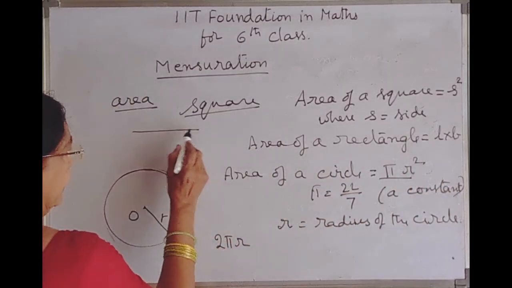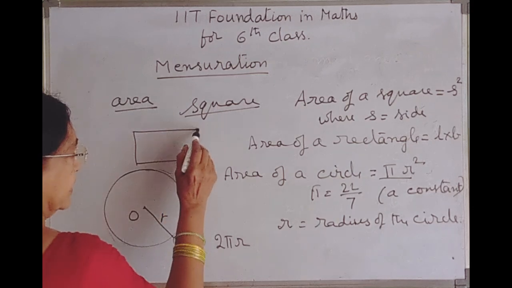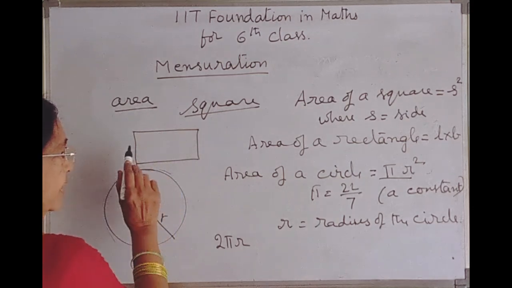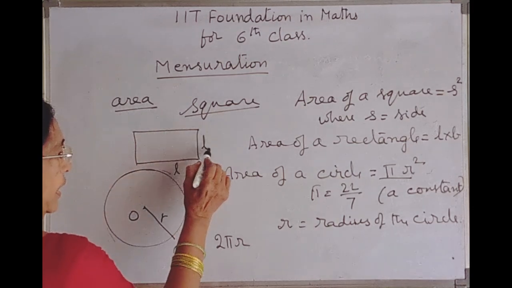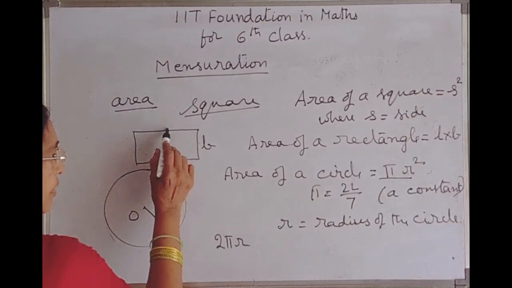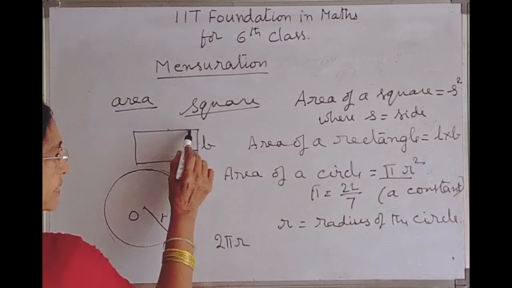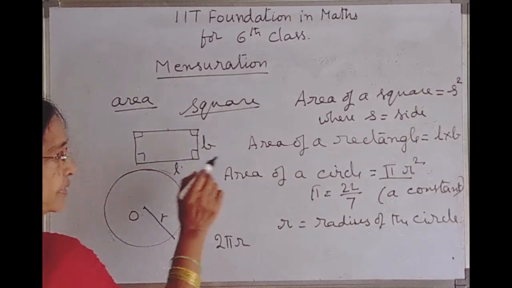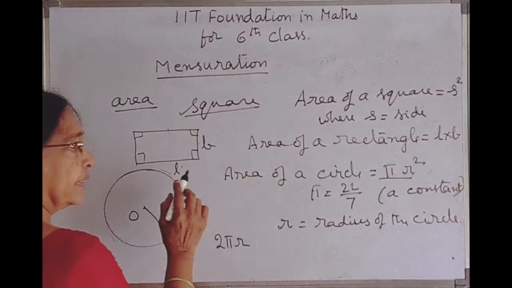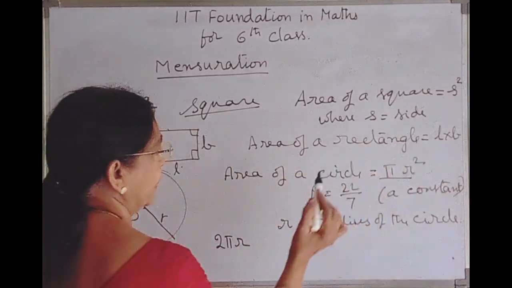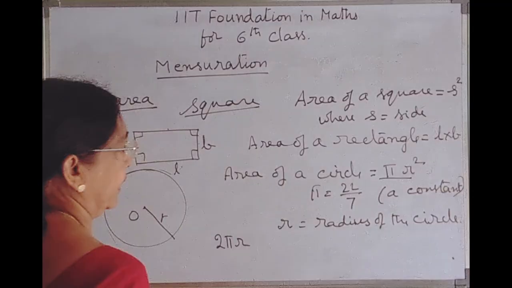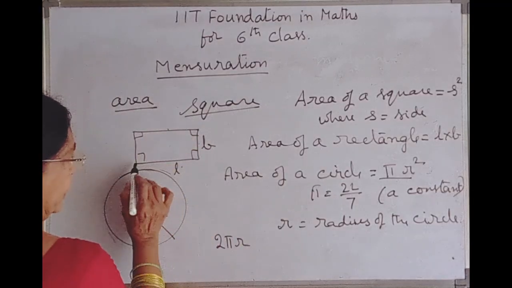A rectangle is a figure having 4 sides in which opposite sides are equal, length and breadth. These two are equal and these two are equal, and the 4 angles are right angles. This is called a rectangle. The area of the rectangle is equal to L into B, and the perimeter of the rectangle is equal to